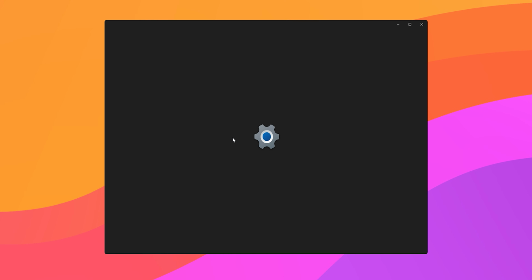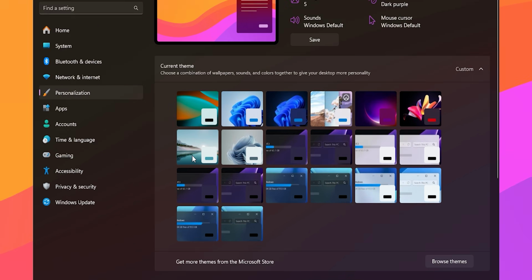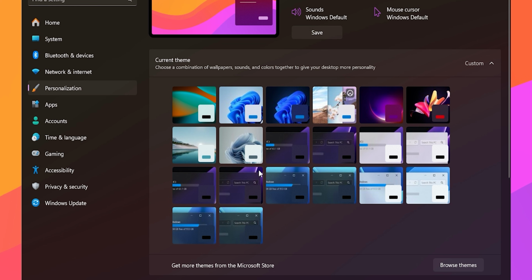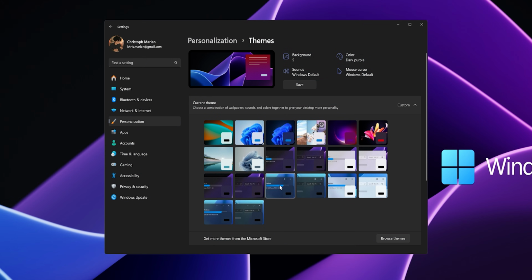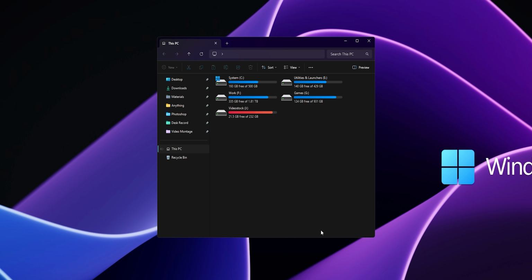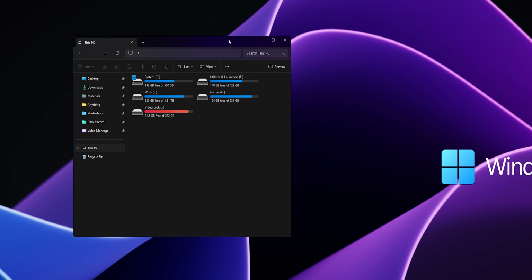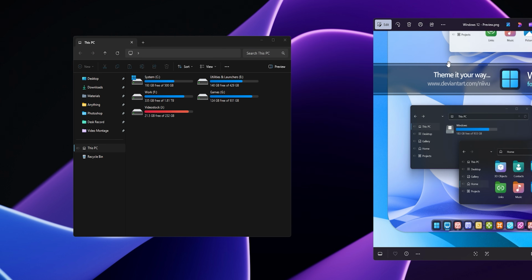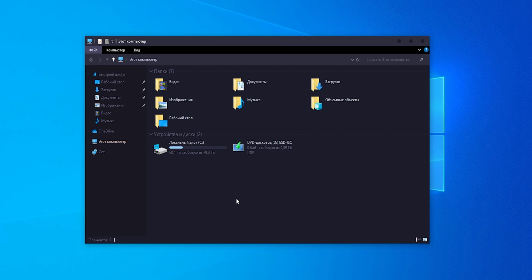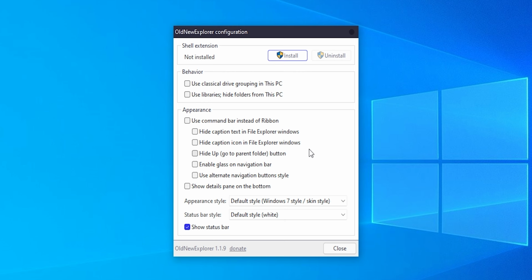After that, when you open Personalization and go to Themes, you'll find multiple variations of the same theme. It's important to understand that a theme with NA designation means it's without an address bar. And then you select the theme. You open File Explorer and feel like you've been deceived, because your Explorer looks nothing like what the author shows in the preview. Well, on Windows 10, the utility OldNewExplorer will help solve this situation.